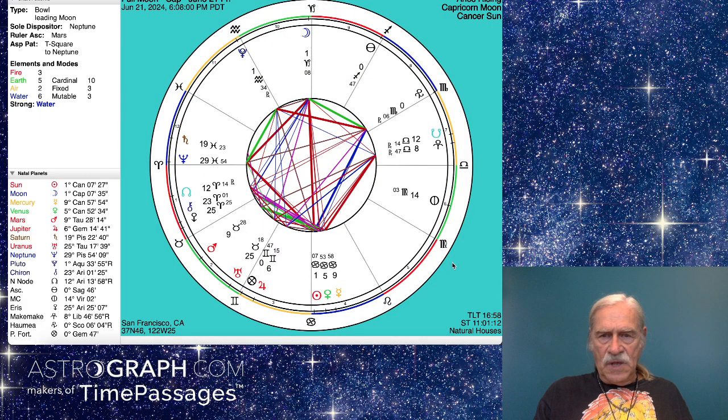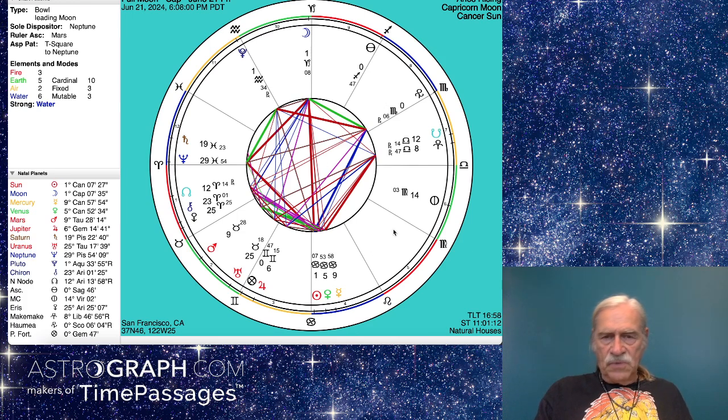So this is a really rather remarkable full moon chart in many ways. What I'm finding as I'm looking into it is that there's kind of these clumps of planets that are all connected with each other in certain ways.